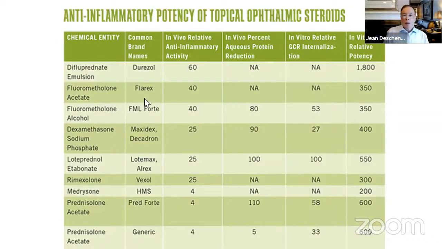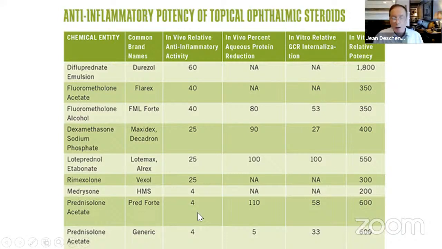There's a different strength of topical corticosteroid, the most potent one being the difluprednate, which has an activity of about 60. Some other like fluorometholone 40. However, they don't penetrate as well in the AC. Dexamethasone about 25 potency, loteprednol 25, prednisolone acetate,